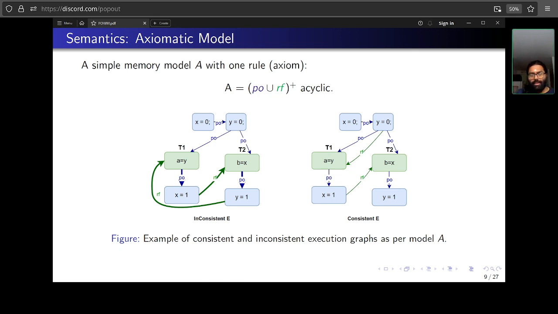Let's use a mathematical model. Just to recap, it's an axiomatic model, a set of constraints on execution graphs.